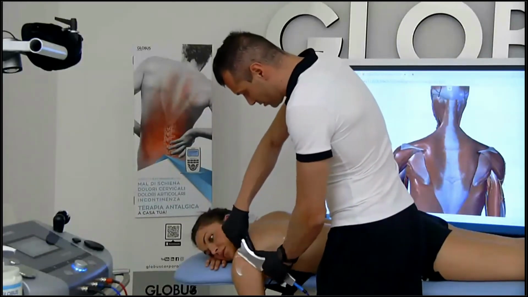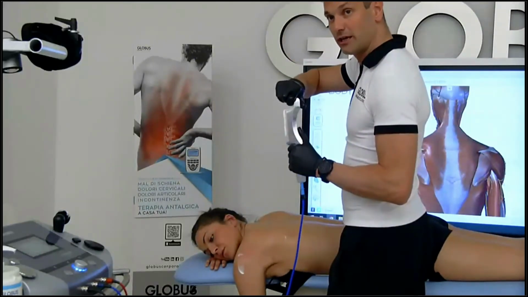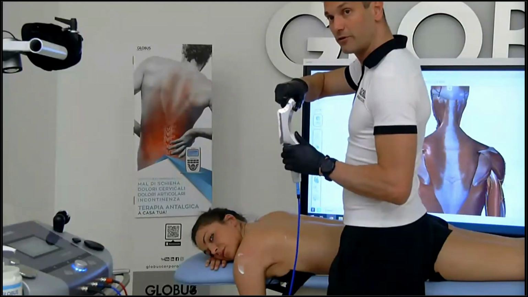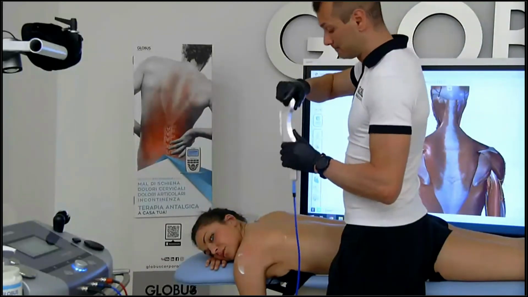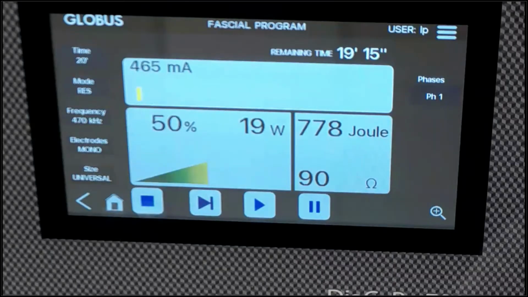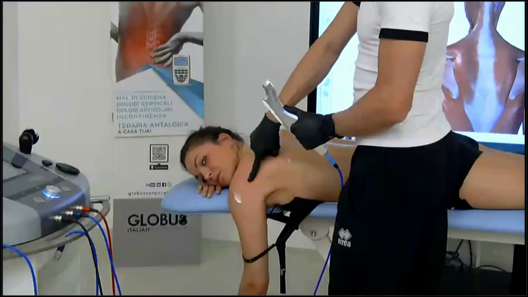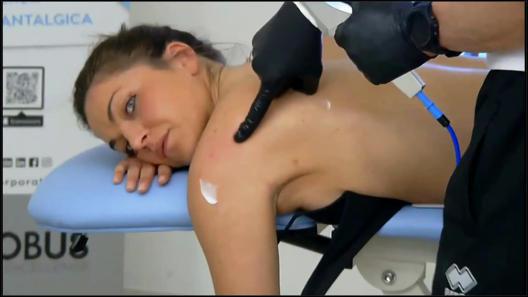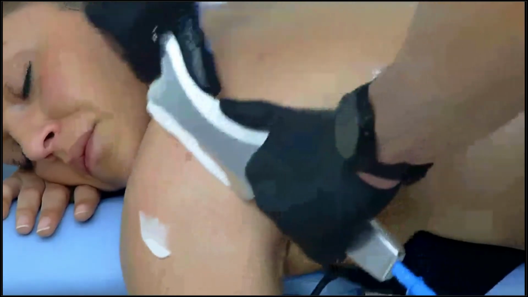And time by time I can go deeper with the edge, with the straight edge, okay? Changing and tilting the tool in this way. So from a flat position, I move to a more angled technique. And as you can see, the areas that are treated are more hyperemic. I don't know if you can see here with the camera, there is a bit of red here. No petechiae, okay, but a bit of increased hyperemic vascularization.